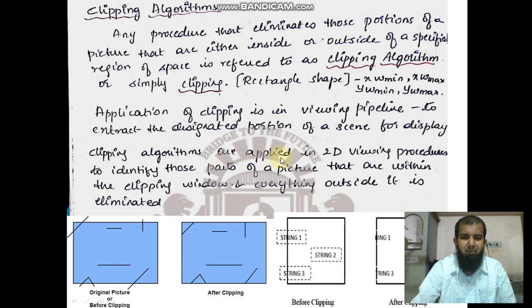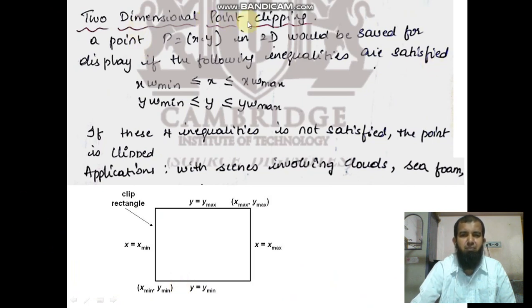Clipping algorithms are applied in 2D viewing procedures to identify those parts of a picture that are within the clipping window, to display those parts of the picture which are within the window. Everything outside is eliminated. The part outside the window gets eliminated. Clear, no?